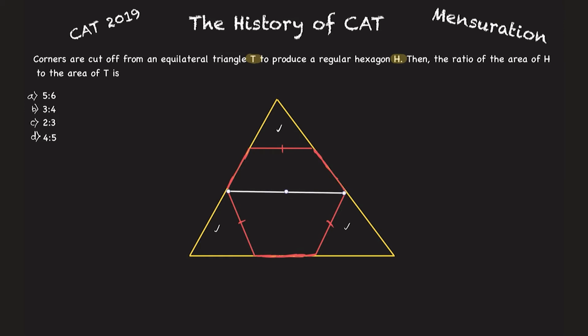Let me just prove it to you here now. We know that, but let us just prove that it is also formed of equilateral triangles. If I make this and connect this to this, and similarly connect this to this, you can see that it is made up of equilateral triangles. Now let's connect this to this.